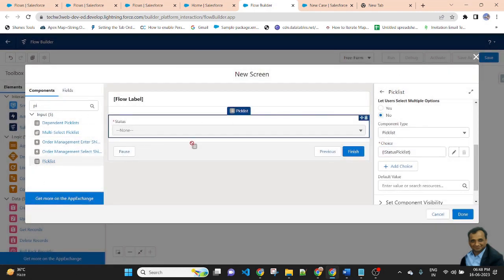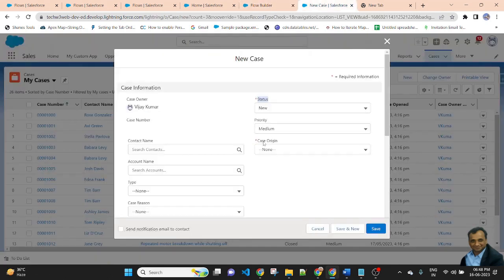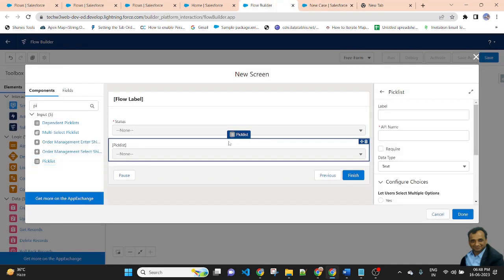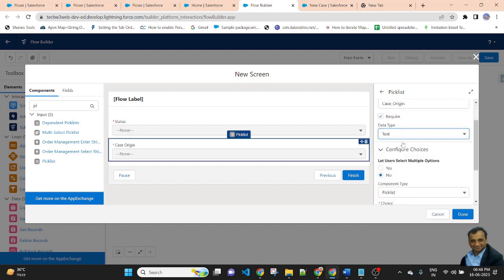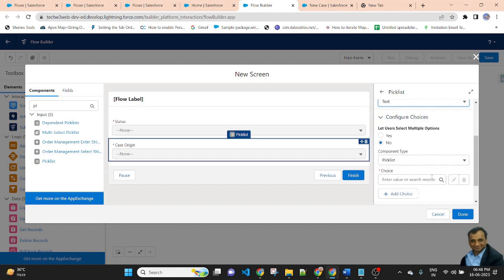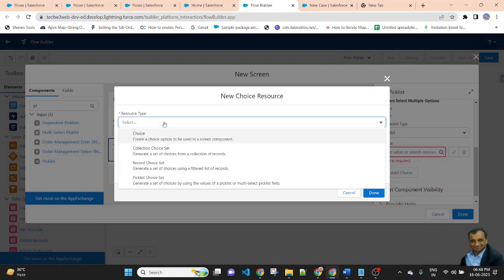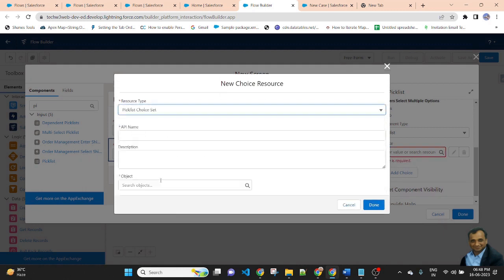Same way I am creating another field, that is case origin. Label is case origin. It is also a required field. Data type text. It is a fixed value, so I am creating another choice set. Select fixed choice set here. API name will be case origin picklist.